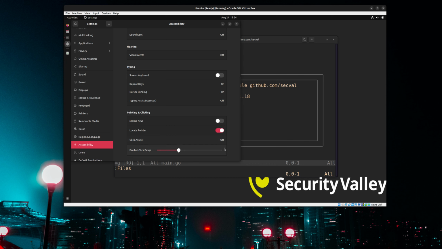If we turn that on, and I now press Ctrl, you see that short red bubble right under my mouse cursor. If you have activated that